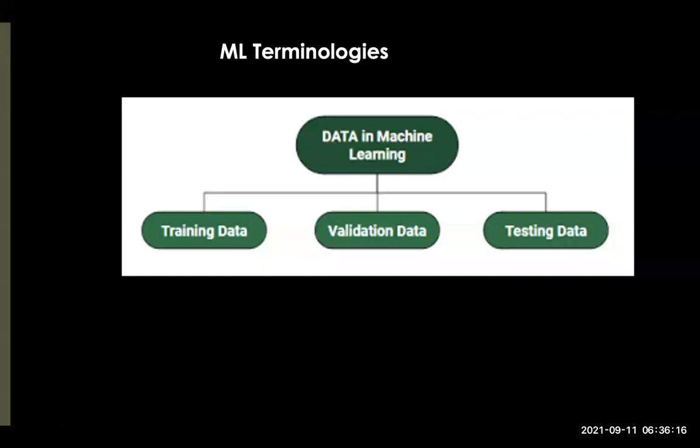Anybody, why do you think we don't want the model to see the test set until you are done using the validation data to adjust the settings? What if the model sees this? Is there any implication? What do you think? Anybody? It might, the model will cheat. What? I said the model can cheat and it will not be actually accurate. That's right. That's a very good one.